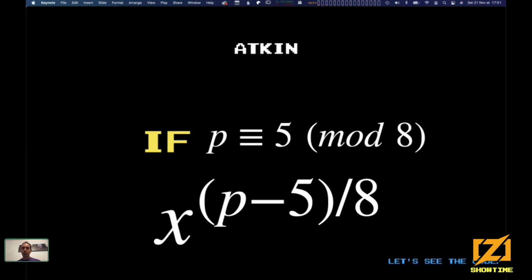That gives us one of the roots. Once we have the positive root, we just square it to see if it works. If it doesn't, we have the negative root that can work. So to get the negative one, we just multiply by square root of -1. We check if it works. If it does, cool. If it doesn't, there's no solution. In either case, this is super fast, just because we have a nice prime to start with.